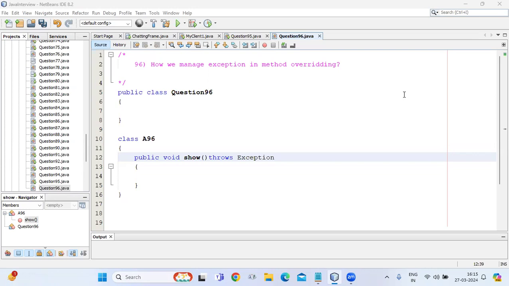So the next interview question is, it may ask you how we manage exception in method overriding. How we manage exception in method overriding guys. So this question may ask you in the interview room. So for example,